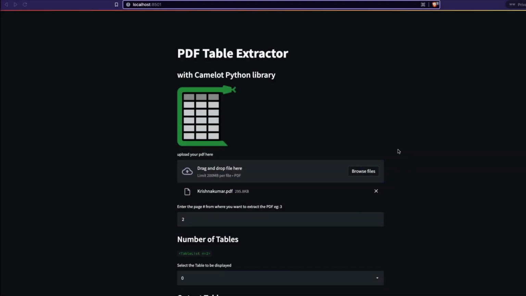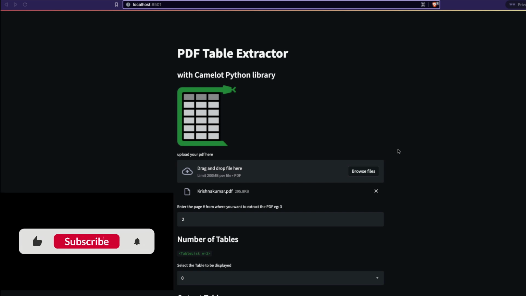This is day 3 of 8 days of Streamlit, where I'm going to teach you every single day to build a Streamlit application. And in this video today, we are going to build a PDF table extractor. And not just build this PDF table extractor on our local machine, but we are also going to deploy this on Hugging Face Spaces as a live application where anybody can upload their PDF and extract